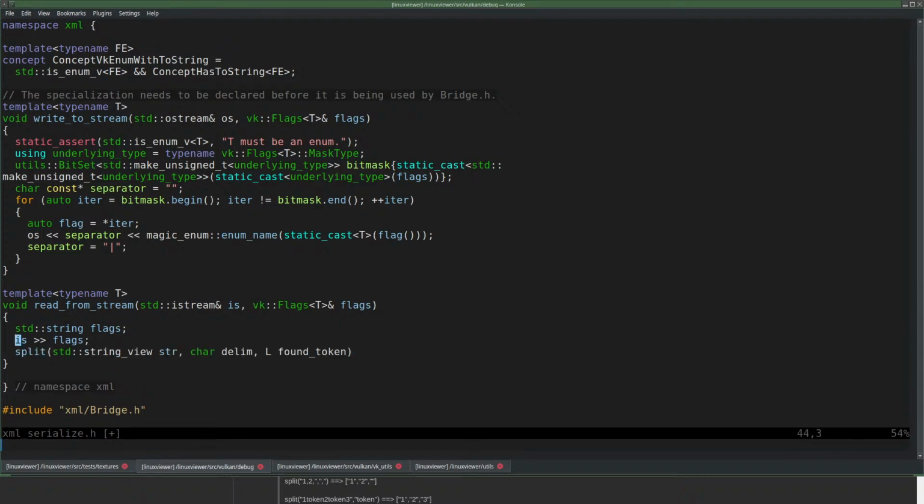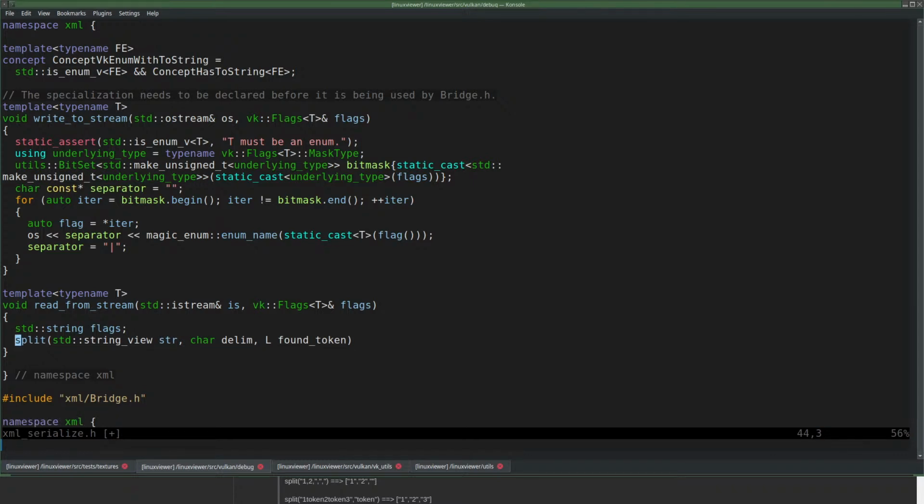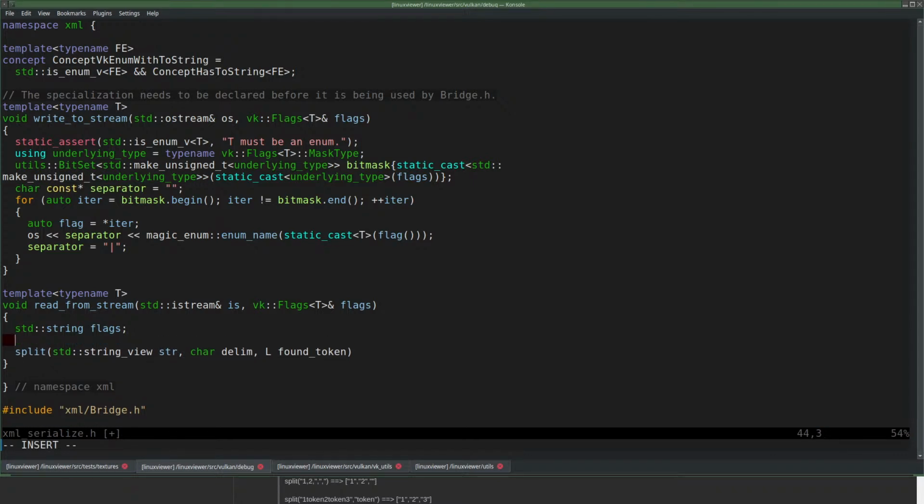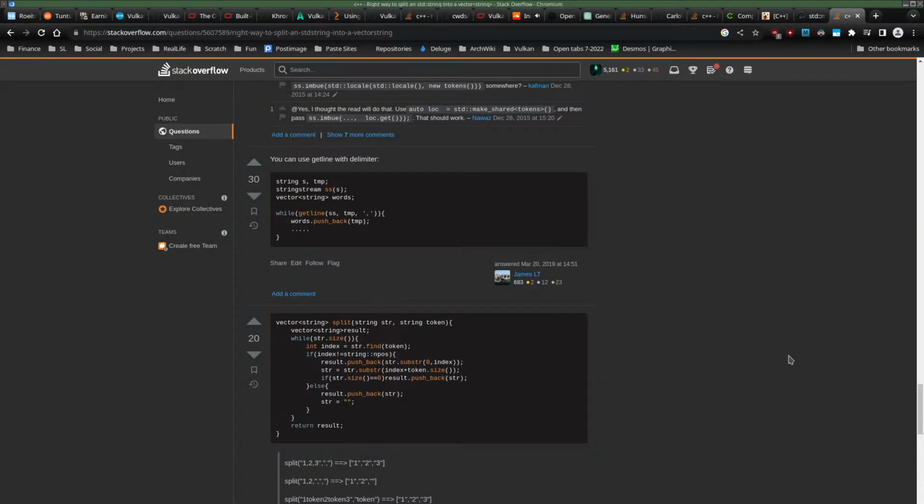Well, let's play it safe and just use read line here. Or get line, or what was it? Get line. Get line with delimiter. Why wouldn't I use that?